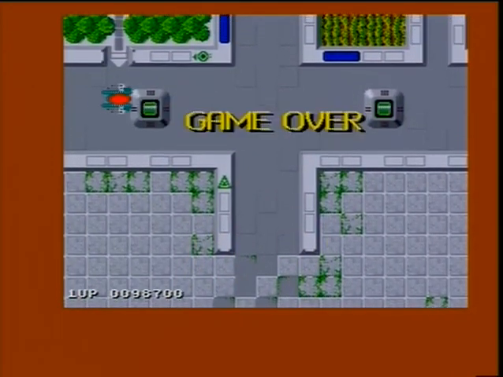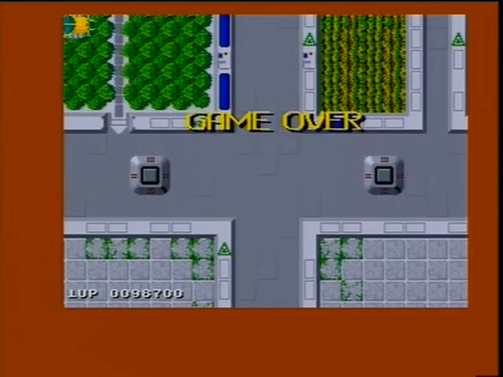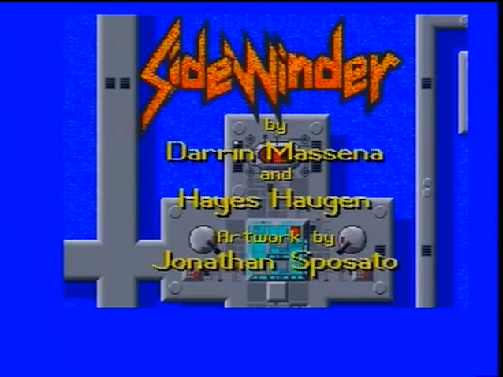Why did you do that? I went straight into that. Game over. Let's have another quick go. One more quick go. I think it's more challenging when you play it against a mate, because you always want to know what the next level looks like, the next colour, and it does change quite a bit